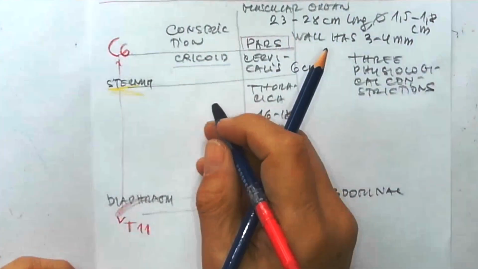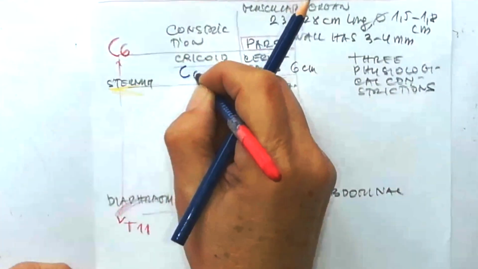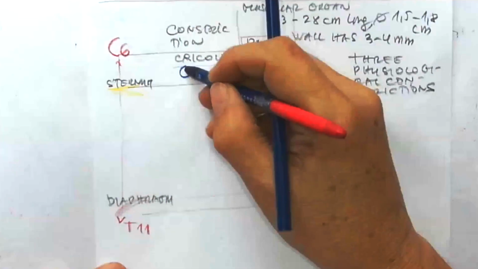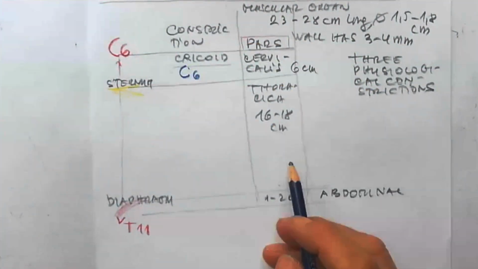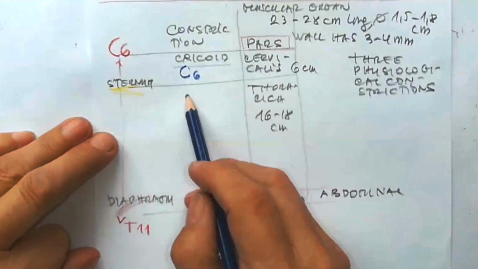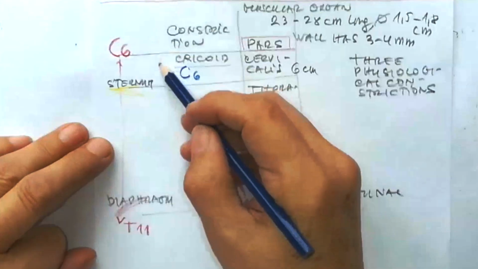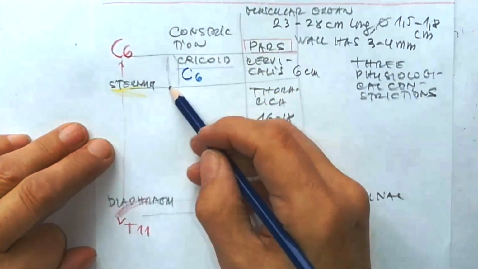It lies at the level of C6, and in fact lies behind the cricoid cartilage. So that's why we call it the cricoid constriction. The second one, so this is the constriction like that, descending,